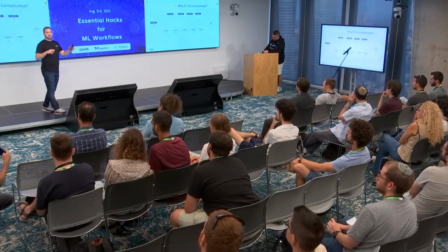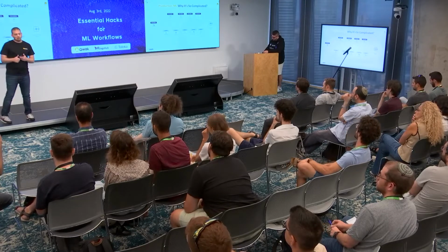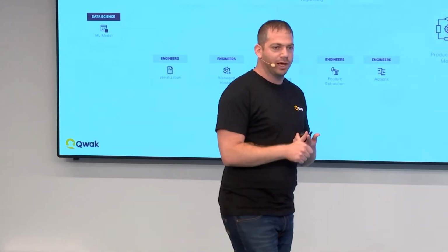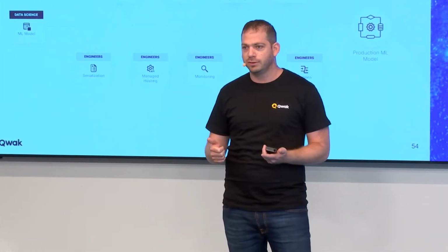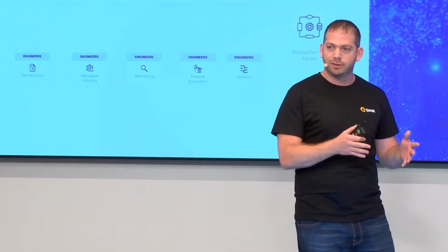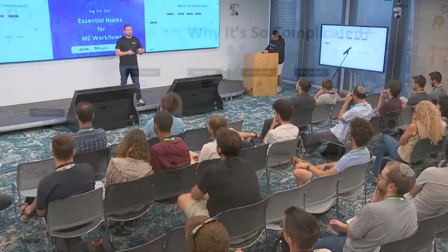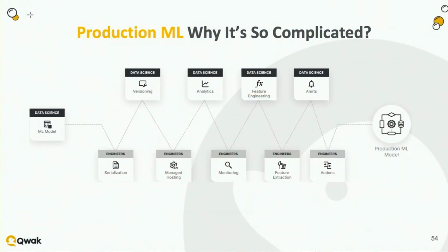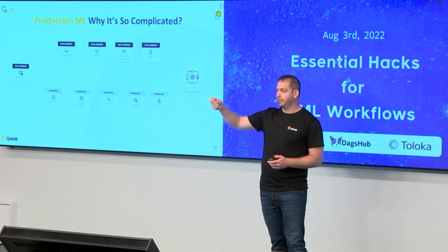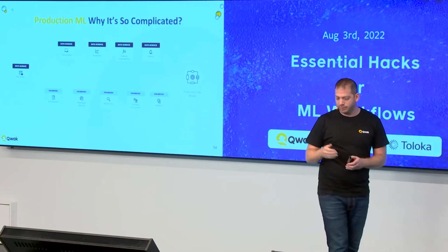So I believe there are a few different reasons why it's so complicated. One of them is that to productionize models, there are actually multiple stakeholders involved. You have the data scientist that actually writes the model and trains it. You have a data engineer, in many cases, that creates the data, both for training and in many cases, also someone needs to create the data for inference. So in many cases, they have a data source, a raw data source. The data scientist creates data from the raw data source, creates features for training, but then for inference, the same features need to be created directly from the backend. So you have this stakeholder.